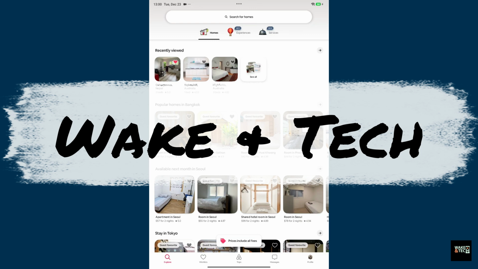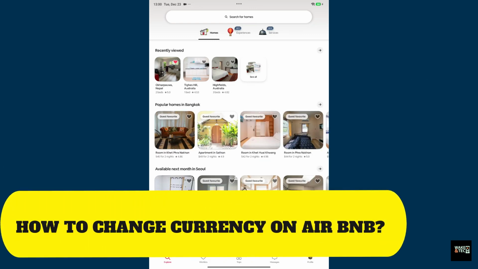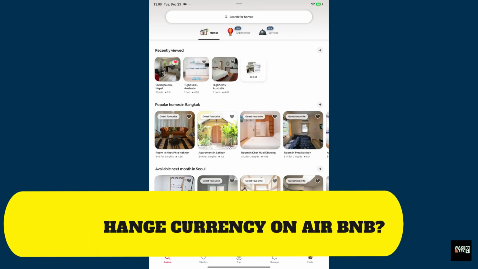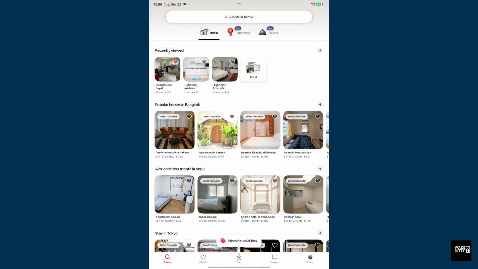Today in this tutorial, I'm going to be guiding you through how to change currency on Airbnb. When browsing stays or experiences on Airbnb, prices may appear in a currency that's unfamiliar to you, so this can make it difficult to understand the real cost or compare listings accurately. So the good news is that Airbnb allows you to change the displayed currency easily, so make sure to follow